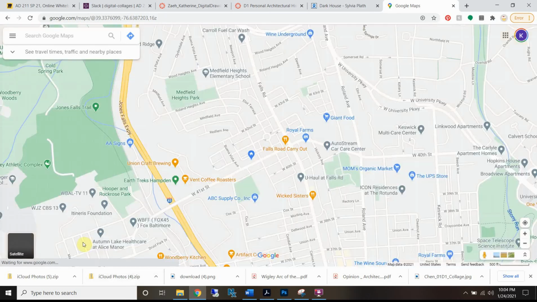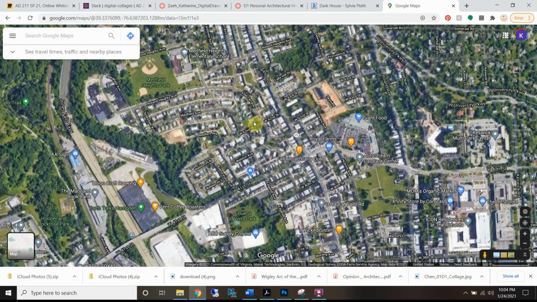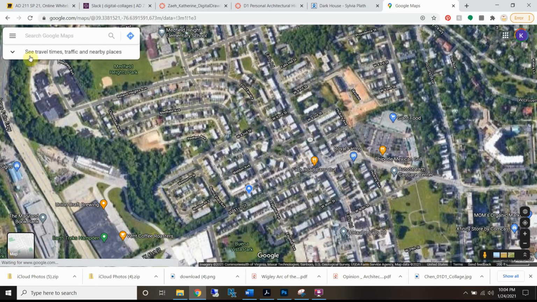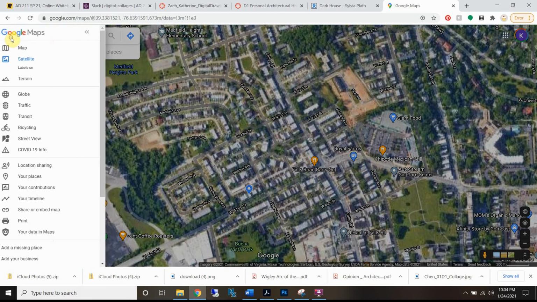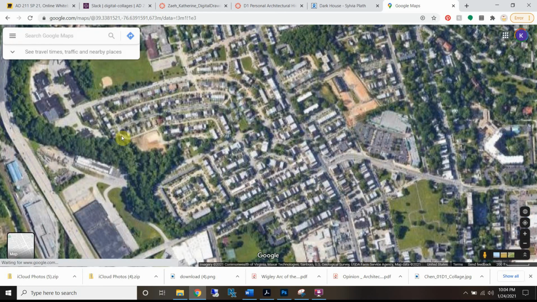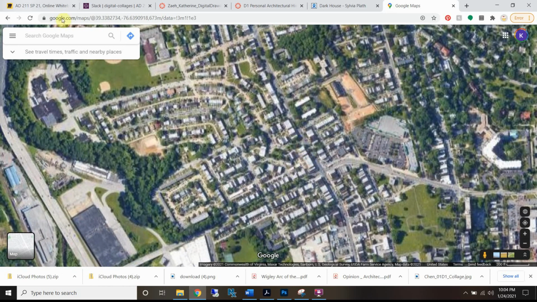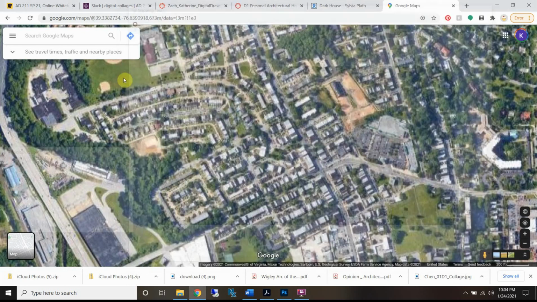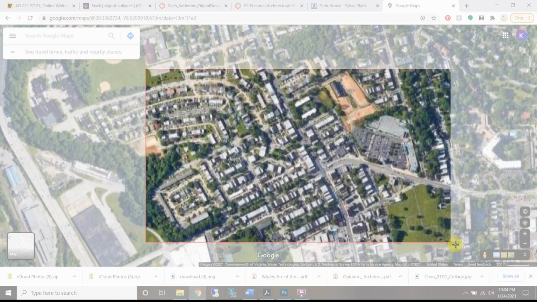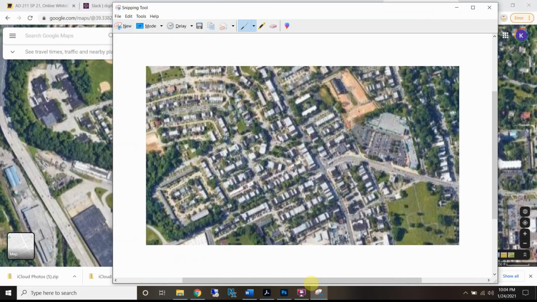I don't love how rasterized that is. It's super rasterized, isn't it? It's usually a little bit better than that. If you don't want the labels on there, which I don't, you can go over here and turn labels off. I guess that's just the best we're going to do in this area. I'm not sure why it's so rasterized. But I'm going to use my snip tool, New, and I can just grab this, copy it,